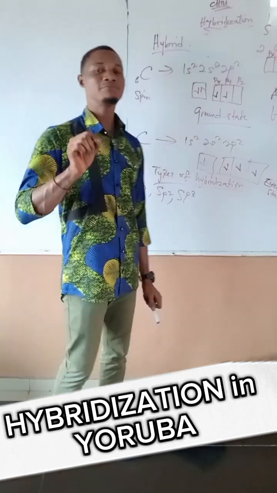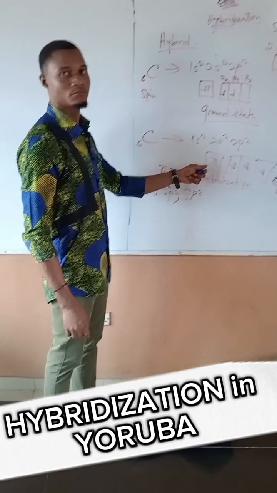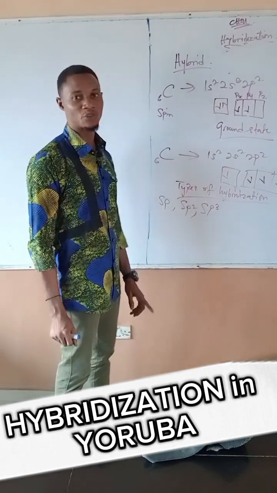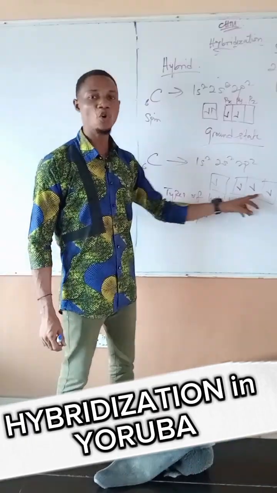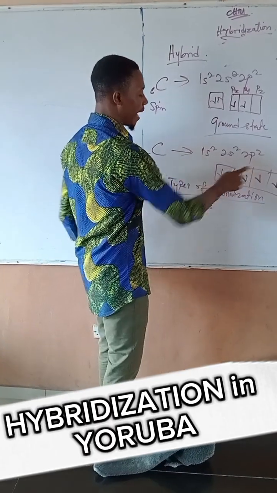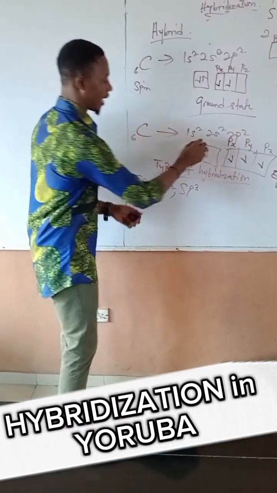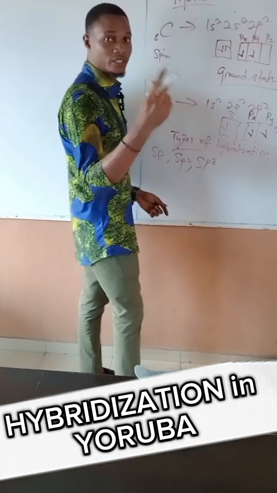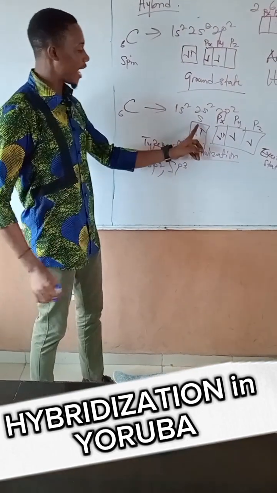sp is when, let's say for example, hydrogen, a hydrogen molecule, hydrogen being a diatomic element, combines with the carbon atom. Then let us see how many electrons are left: two electrons are left. How many spaces are left? This is px, this is py, this is pz, and this is s. So when hydrogen, with its 2 electrons, bonds to the s, that is spx.